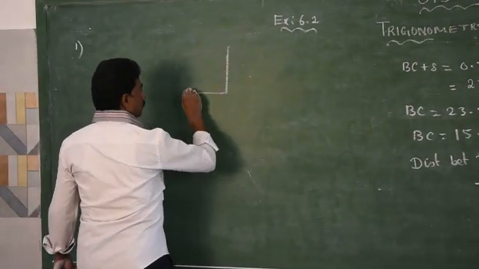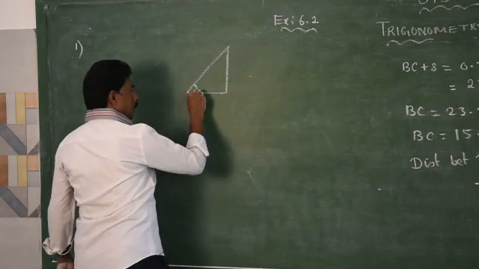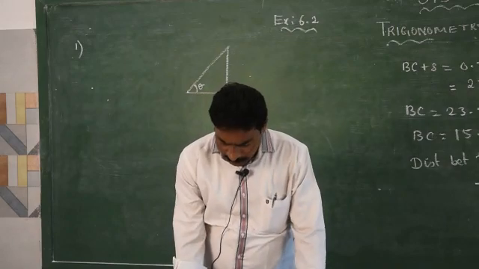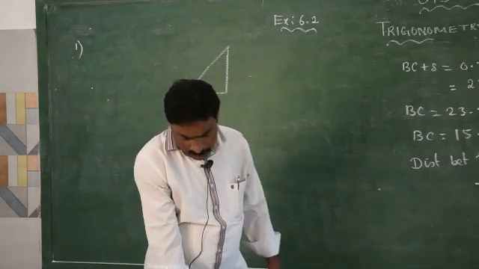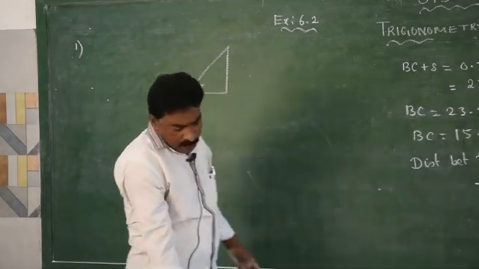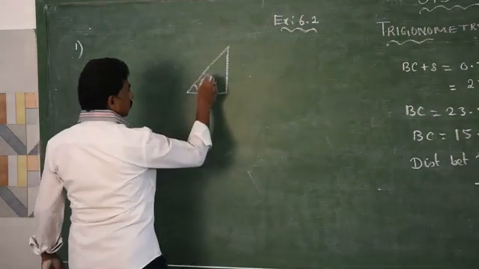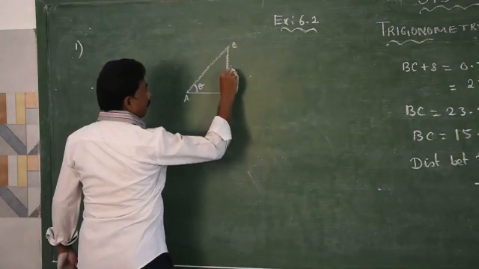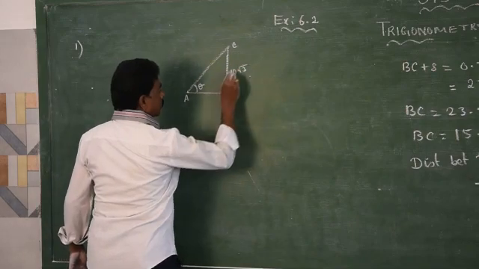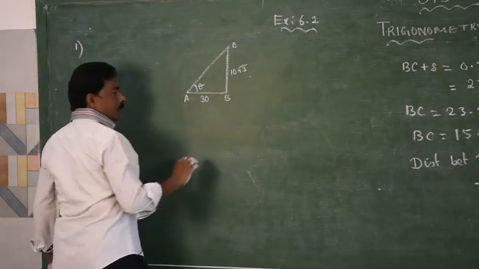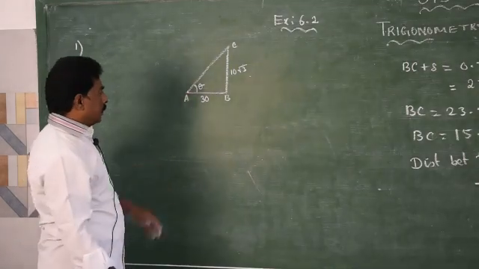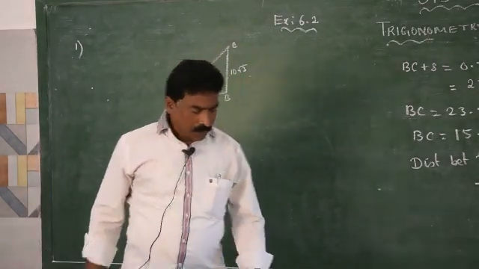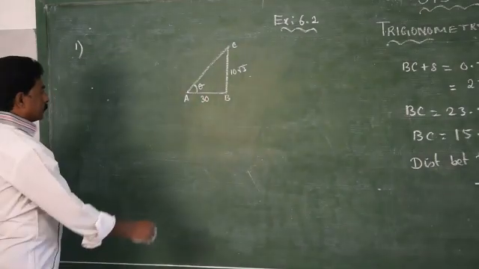This angle you have to find. What is given? The height of the tower is 10 root 3 and the point is 30 meter away from the foot of the tower. Height of the tower is 10 root 3 and the distance between the foot of the tower and the point is 30 meter. You have to find the angle of elevation, theta.